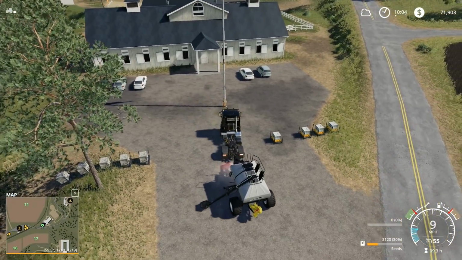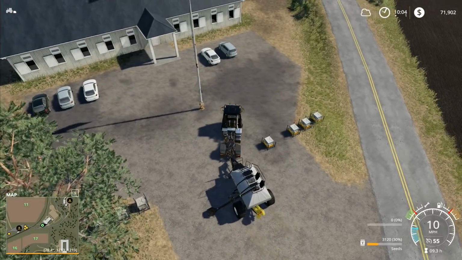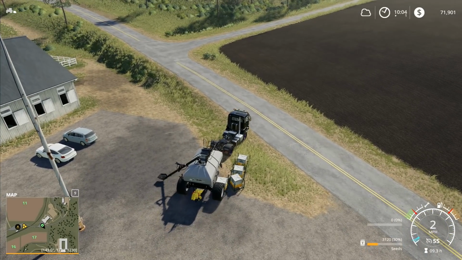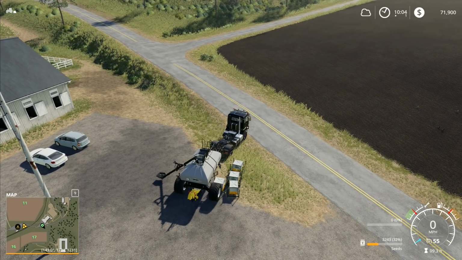I want to go this way over here. I want to get these, so that I can load these up. And just go like that, and it'll load those straight into it. Right, that's all the seed loaded in, and now I can close...